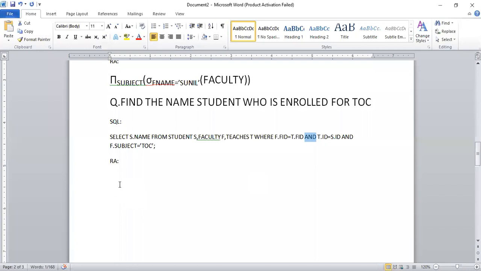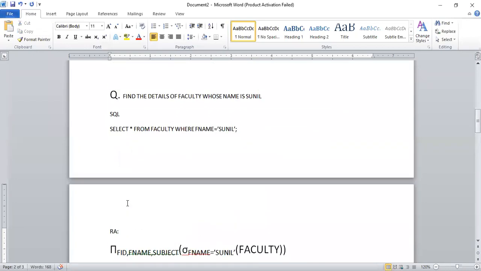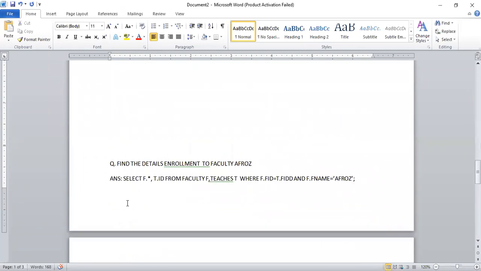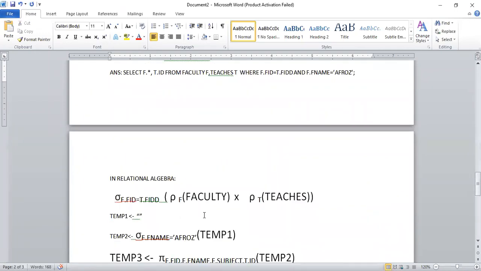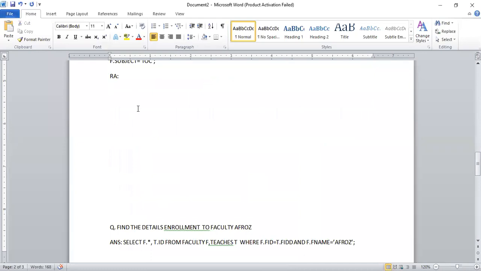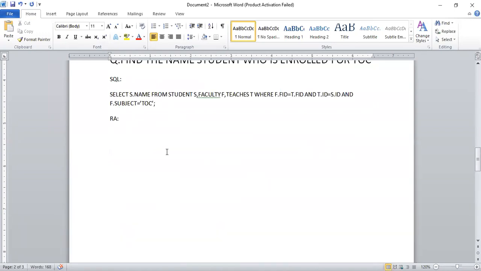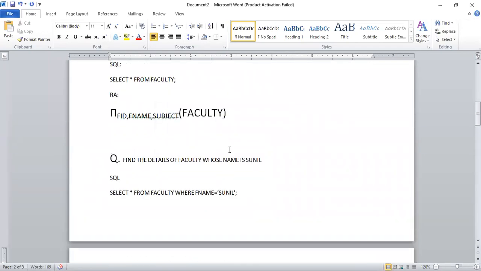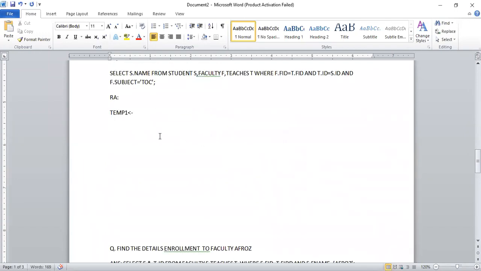So first natural join. Before applying natural join, we'll do the rename operation, so I'm copying this. Natural join I have already removed. Now I'll solve this query, then I'll stop because there is no time, otherwise I'll start another meeting. Now see, the first natural join I'm keeping in temporary one. Temporary one is the natural join between faculty and teachers, so I'm writing faculty and teachers here. For easy writing, I'm putting star.